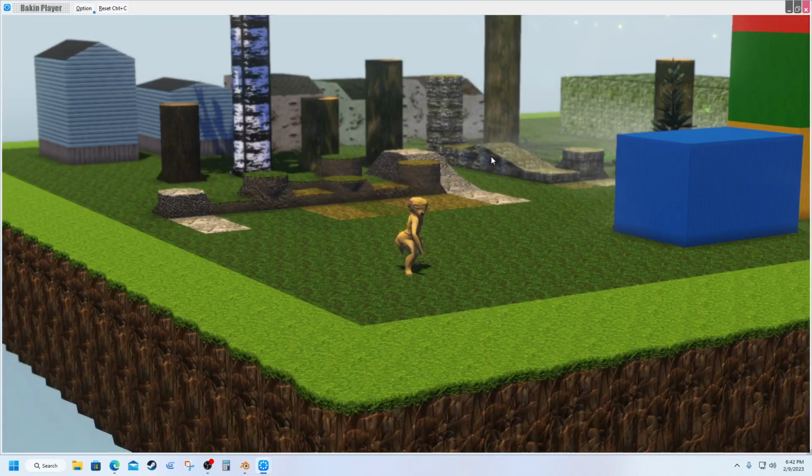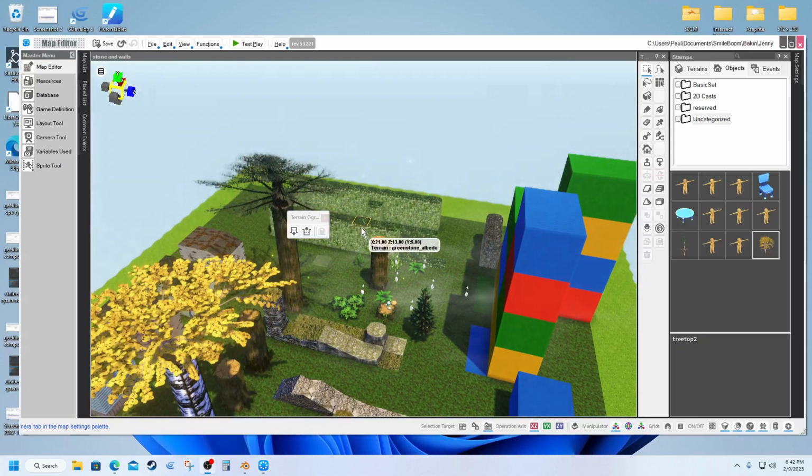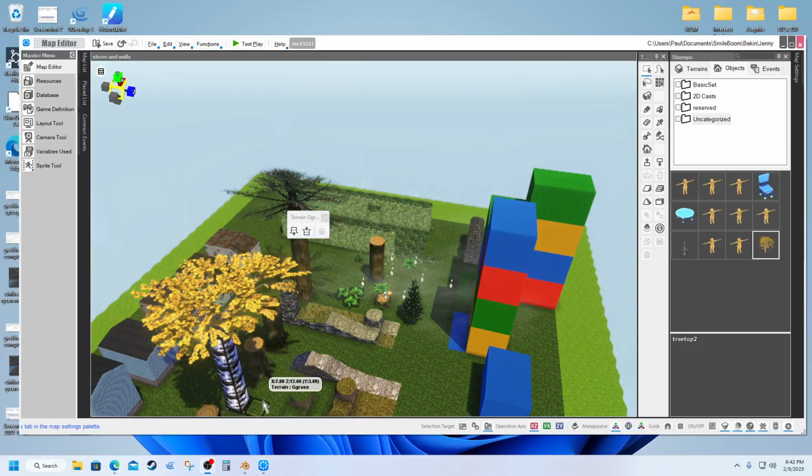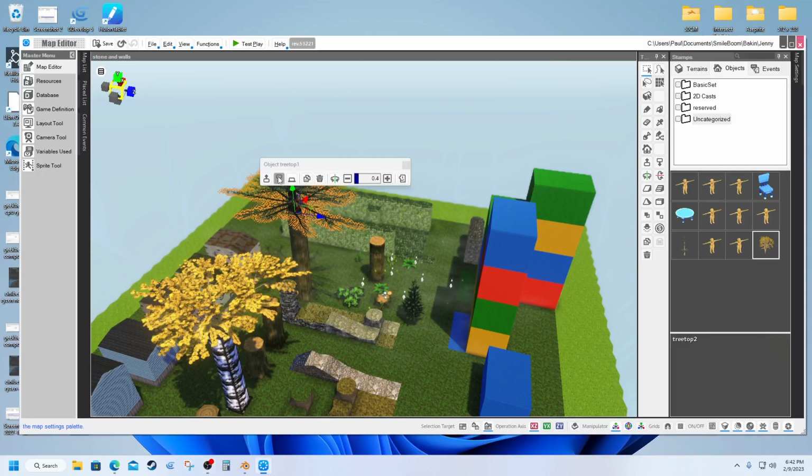Whereas in the game engine here, let me just exit out. If you had a whole bunch of trees and they were branched all the way up, you,